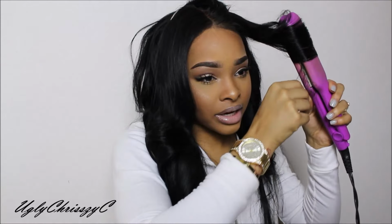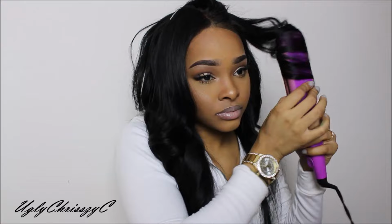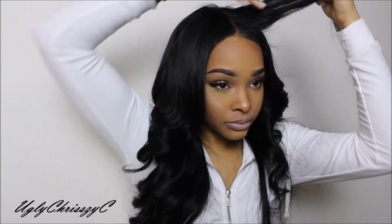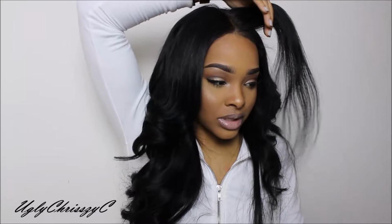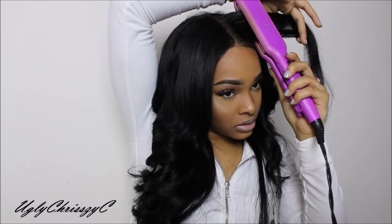This is the part that I feel like everybody needs help with, the front of their hair. You can tug so it can drop down a little bit, but not too much. Don't break your fingers through the curls. And then with the top one, you can just simply